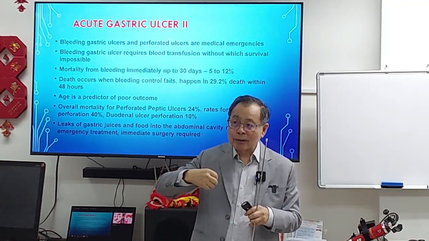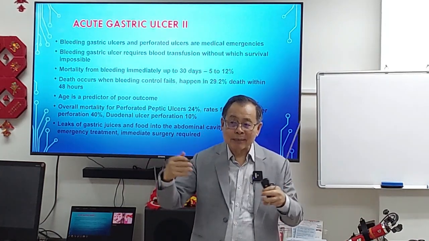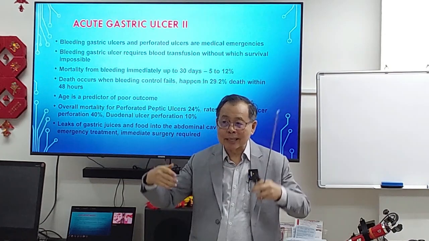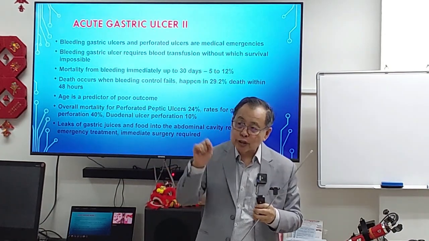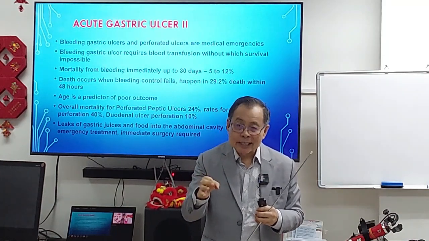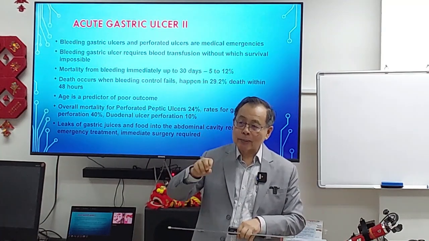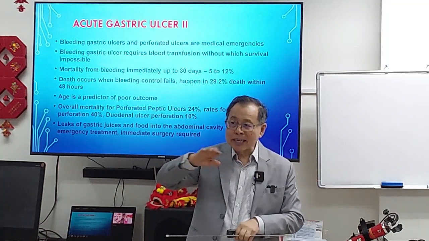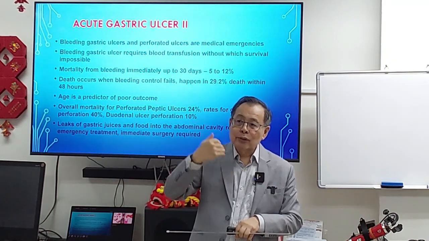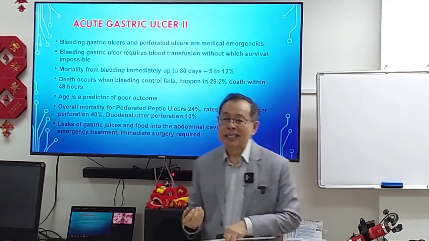Usually bleeding from gastric ulcers and some other conditions, the bleeding is generalized. That means it is like erosion, various parts of the lining of the stomach get eroded, and so the bleeding is in tiny spots. So you want to stop the bleeding. If it's a big area, you can put in a gastroscope, and through the gastroscope maybe put something on it to stop the bleeding. But if it's an erosion with minor bleeds all over the place, you need to put in clotting factors and platelets to seal the bleeding, to prevent further bleeding. Then the patient will survive. And that's very important.